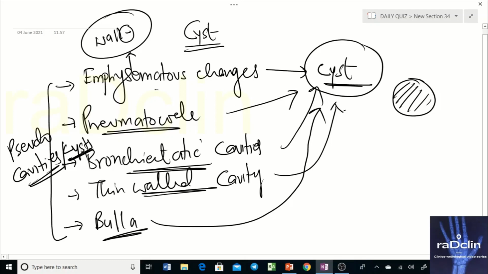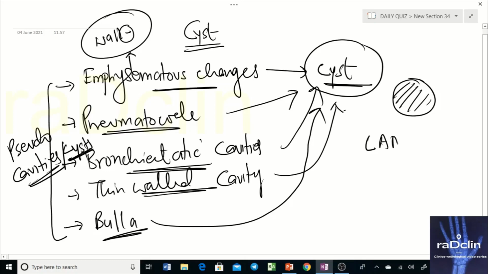Emphysematous changes happen due to destruction of your alveoli, with multiple air spaces uniting to form a cyst. So it was not a cyst per se, rather it's a destruction of alveoli that is ultimately presenting as a cyst. Similarly, pneumatocele is the same. It is secondary to some other pathology. Now bronchiectasis can give rise to cysts, as your bronchi are enlarging to that extent that now they appear like a cyst. Similarly, you might be having a bulla that will have a slightly thicker wall, so it can present like a cyst. But there are certain diseases that are primarily cystic in nature. They do not have any other pathology. They are cystic per se. They are cystic from the beginning.